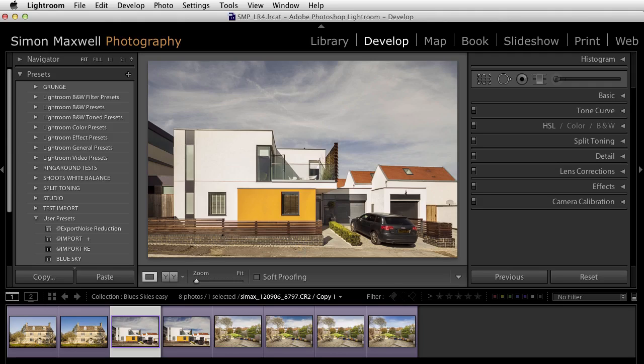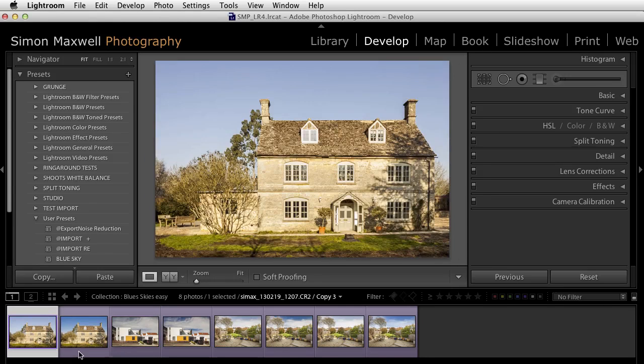But please note, if you really are shooting on a grey day and there's very little colour to work with in your raw file, and I do recommend you shoot raw for this method, then there's not going to be a lot you can do. You will have to drop in a blue sky, and I'll do a separate video on how to do that with alpha channel masks. But for now, we're looking at images where we've got something going on, like this country